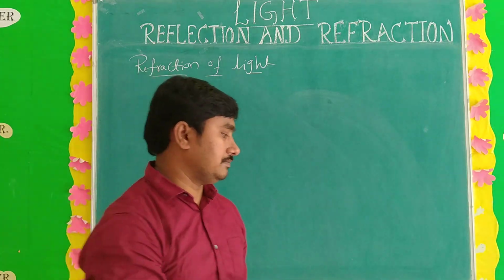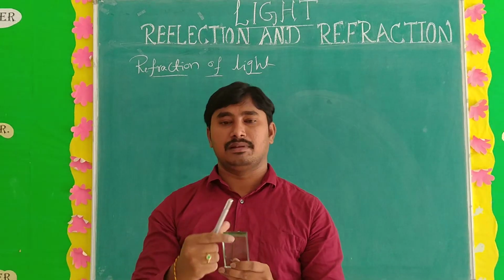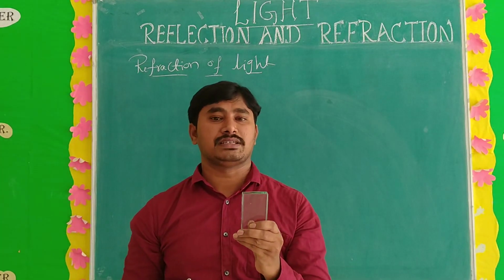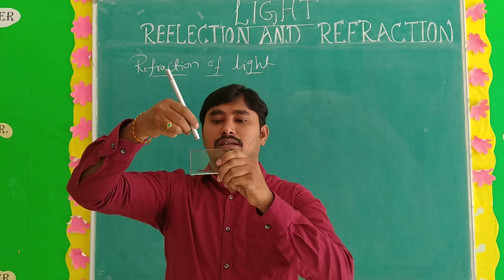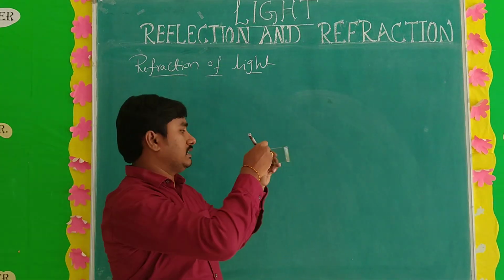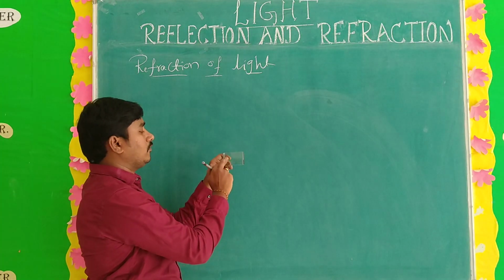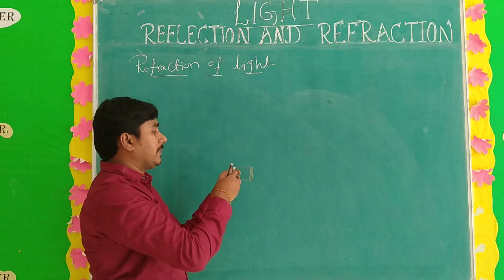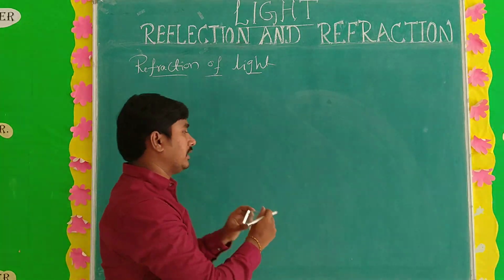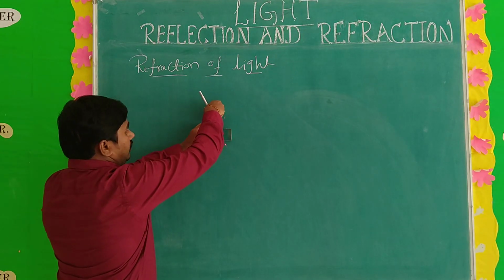Then what is refraction? Refraction of light means you have to take any transparent medium like glass or a water surface. When the light ray falls on that surface, okay, see here, when the light ray is incident, what happens? It goes to another medium. Means light travels from one medium to another medium, means air to glass. And also the original path will be changed. When the light ray falls on that surface, what do you see here?